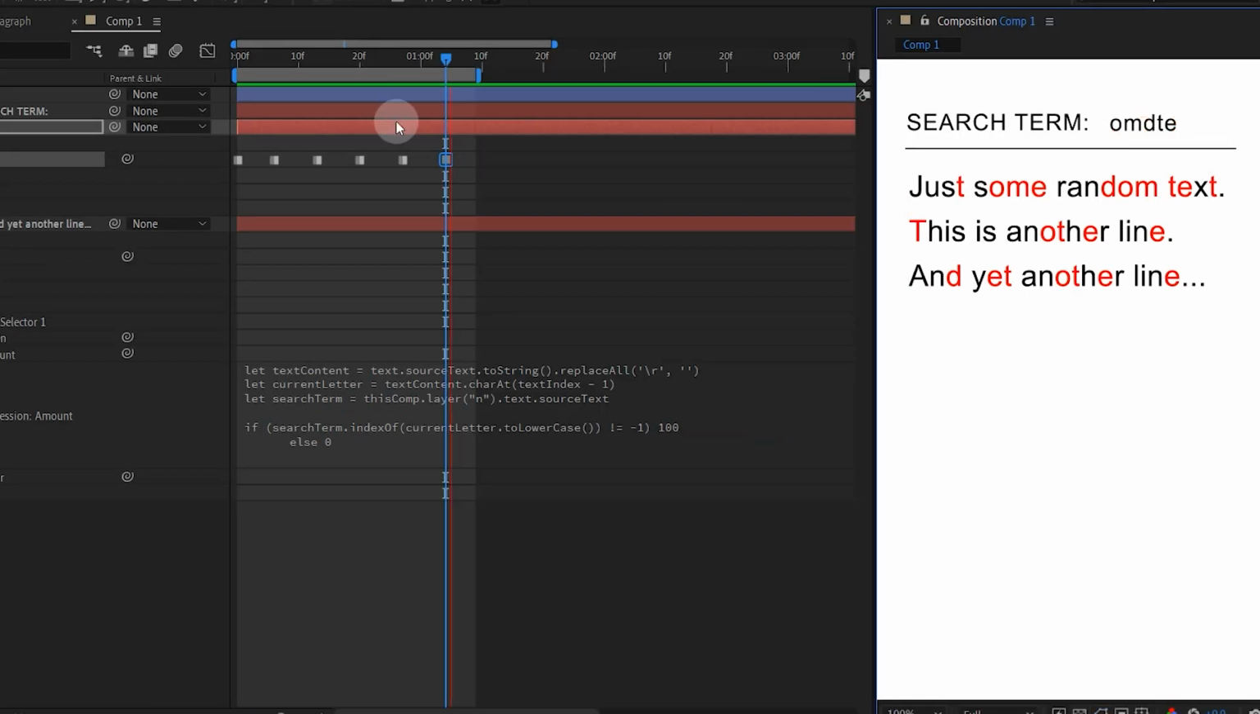And that's it, using an interesting function in After Effects called the expression selector to highlight specific letters in a text